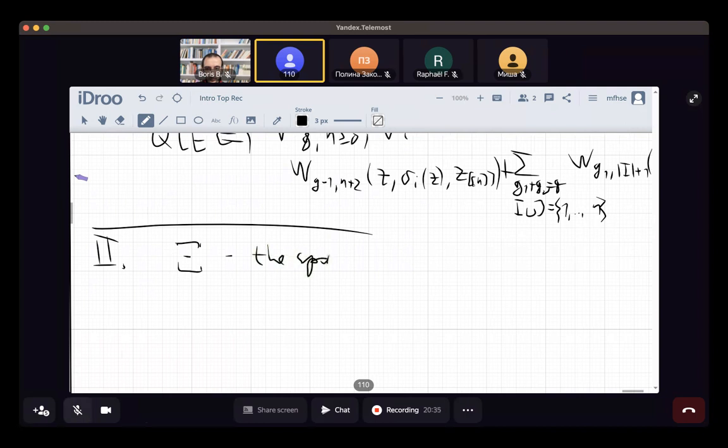The space of... This is the letter Xi capital. It's not very common, but yes, it's a Xi capital. This is Xi capital. So this is the space of functions on sigma,